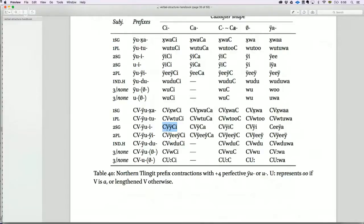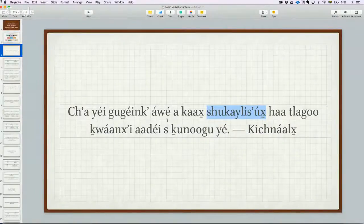So what happens is if there's something that ends with the vowel here, a thematic prefix, plus the perfective, plus the I, those two collapse into a single Y. That has to be what we see here. And if I go back, and this is fun because I didn't catch it. If it's Li, it must be perfective. It has to be perfective because or else there'd be a bunch of other business here that would be putting it into this, like if you were to say,